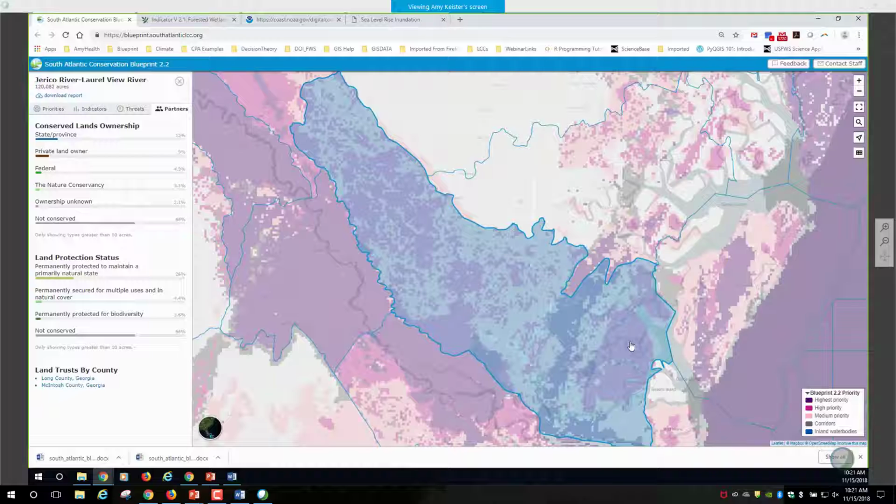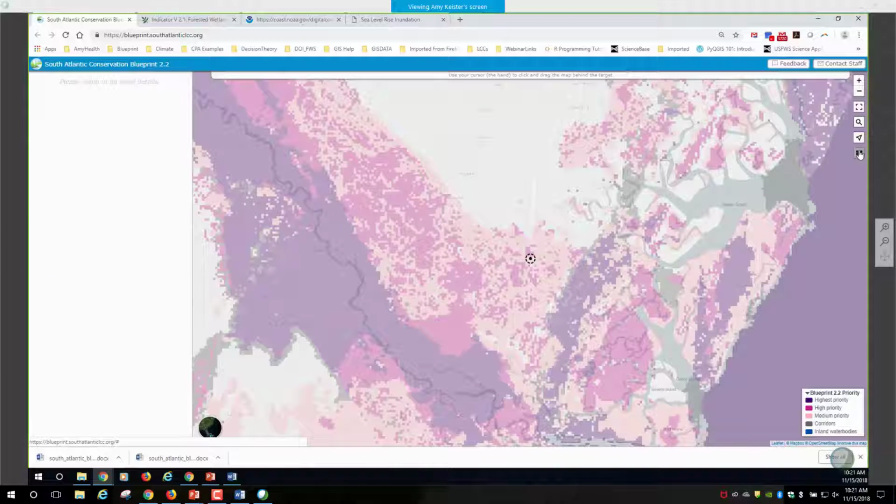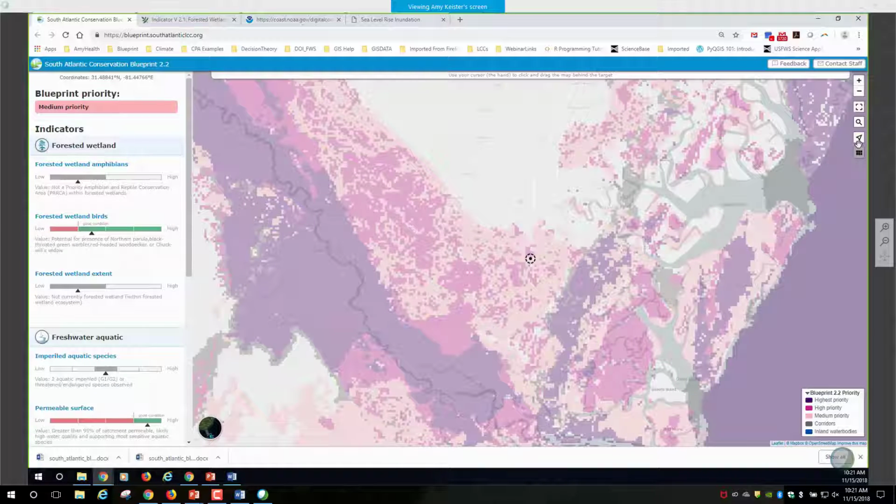And I want to switch now to what we internally in the office call the Pixel Hunter mode. So I'm going to click on this button in this side over here. When I hover over it, it says View Pixel Level Details. When I click on that, I switch to the Pixel Hunter mode, and now instead of having to see the data summarized by a subwatershed, I can find out the values for the blueprint and the indicators specifically underneath each